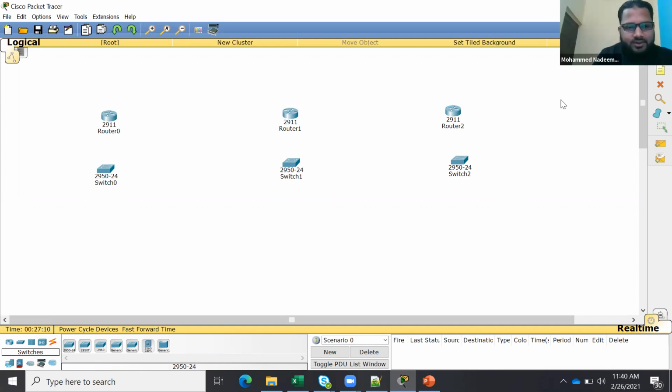So this is the one, and here in every branch I will just put one machine, just for the configuration testing, so I'm not going too fast. Now see, this is one branch, this is another branch, and this is another branch. So how the connectivity will be, see, that's it. In these 9 devices you can do all the routing practice.